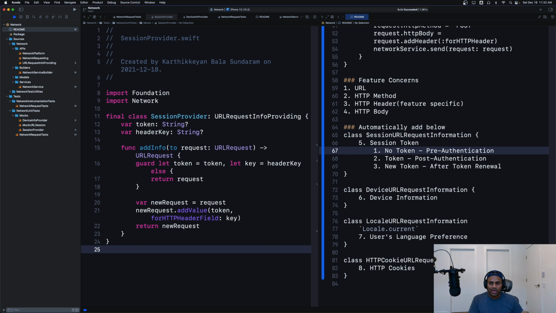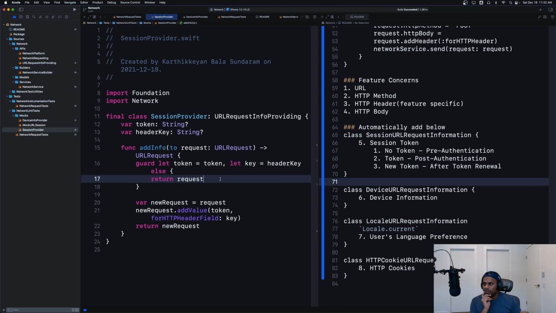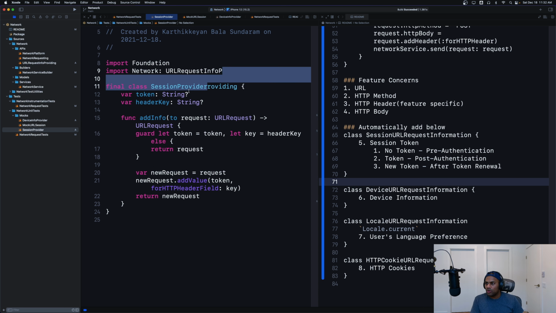Pre-login, we will not have a token, and post-login, we will have a token. And if the token is renewed, we make it a new token or the same token, it doesn't matter. But anyway, these are all the information, right? So if the consumers create this session provider, like an actual session provider in production code, what they can do is,